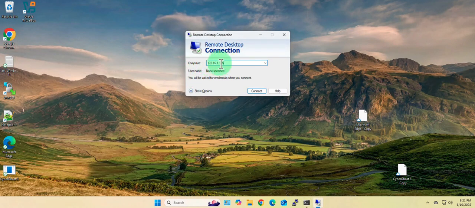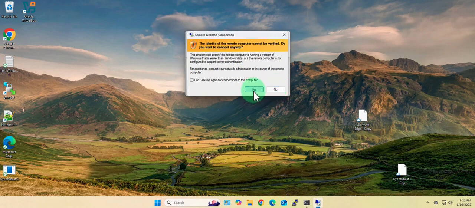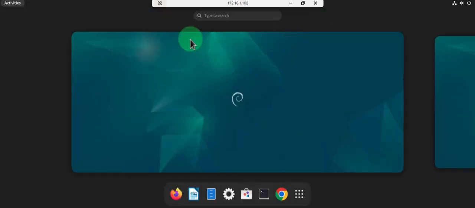Now we can put that IP here, 172.16.1.102. Click connect. Yes. And let's put in our username and password here. And as you can see, we are connected. The IP address is showing up top here, 172.16.1.102. If I open the terminal here,